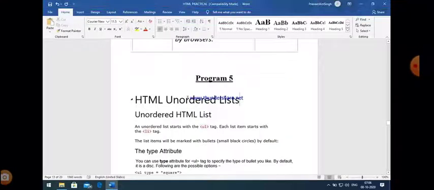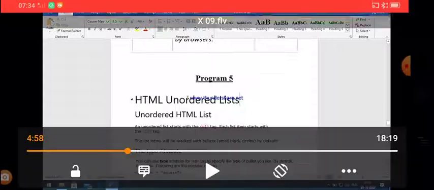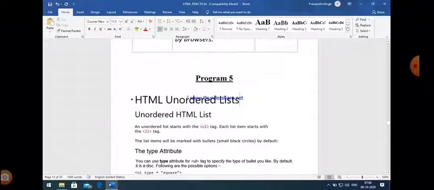Till now we discussed some physical tags and made some programs related to them. You can use all of them in a single program, and you can use physical as well as logical tags in your program. It basically depends on the user, what type of setting he wants in his HTML program, or what the demand of the program is. For example, if you want to represent a definition or a particular word in a strong, bold manner, then you can use the B tag, or you may use the strong tag.